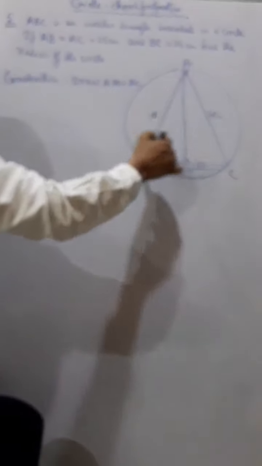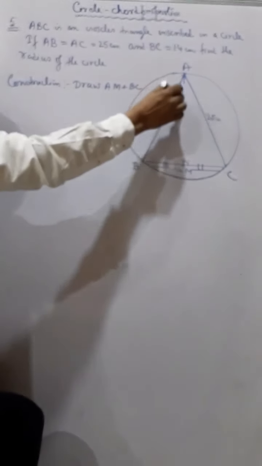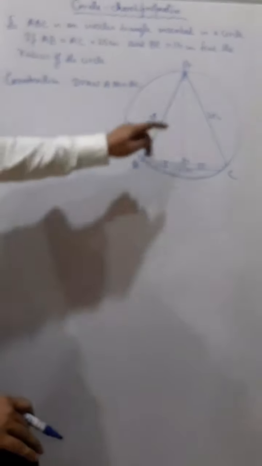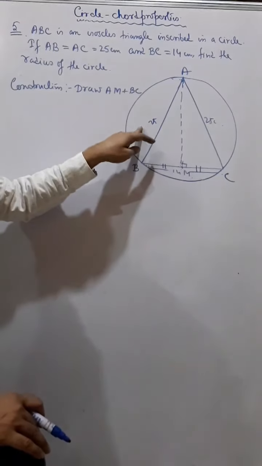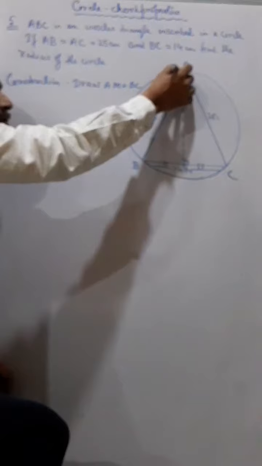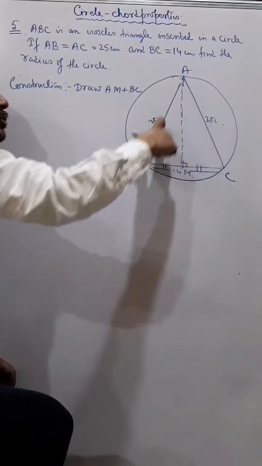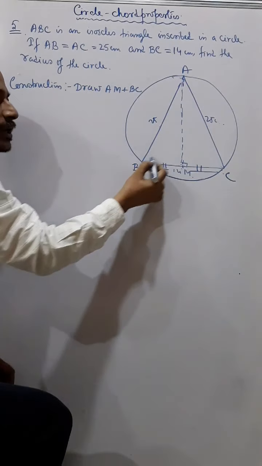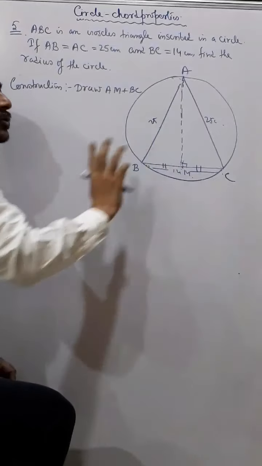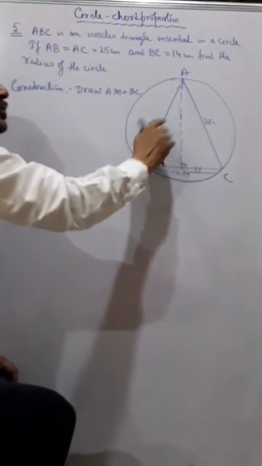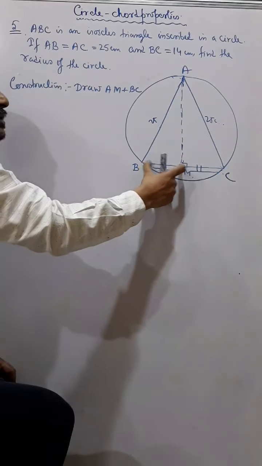This happens in an isosceles triangle when the perpendicular is dropped between the two equal sides, and it also happens in an equilateral triangle. In an isosceles triangle, not in every position, only at this position. When you draw a perpendicular from here to here, or from here to here, it will not be equal, because these two sides are not equal. But here these two sides are equal. So when you draw the perpendicular, it divides the base into two equal parts.